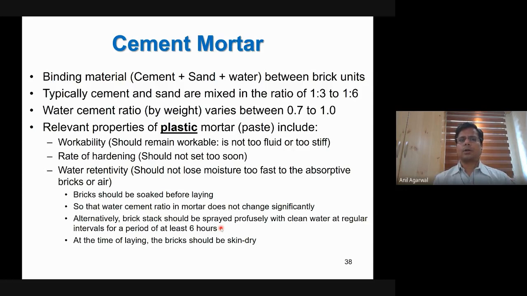And water cement ratio, then how much water to add? Usually your water cement ratio should be somewhere between 0.7 to 1.0. Actually, water cement ratio that is calculated by weight is a very critical parameter, and you will hear this phrase water to cement ratio a few times. That is, for one cement how much water. In concrete typically we use something around 0.5. So if you take 1 kilogram of cement, then you take half a kilogram of water, and that's how you prepare concrete typically. And the rest of the constituents, the large aggregates, small aggregates, all those things.